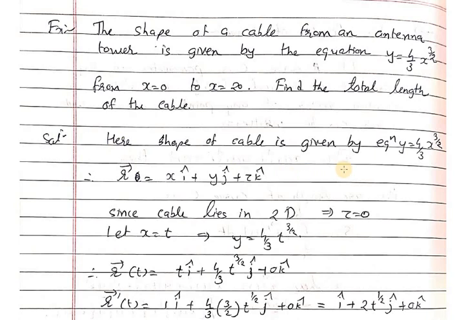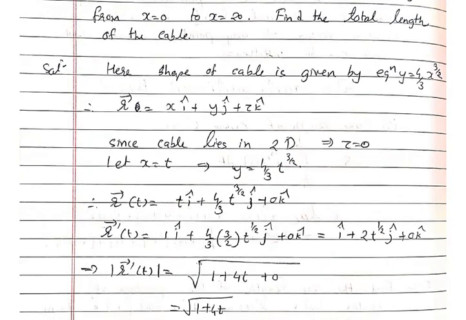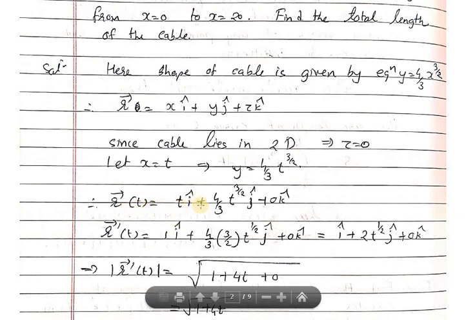Here the shape of the cable is given by y = 4/3 x raised to 3/2. So r bar = xi + yj + zk. Since the cable lies in 2 dimensions, that means it is in a plane, so z = 0. Let x = t, that will give y = 4/3 t raised to 3/2. And therefore our position vector r bar is t i + 4/3 t raised to 3/2 j